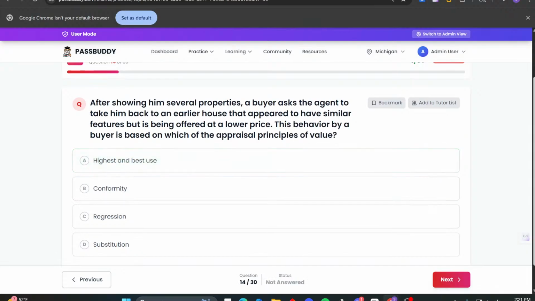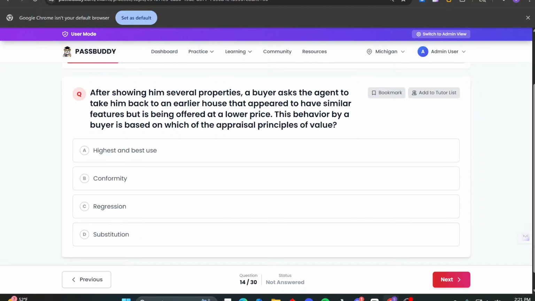Let's look at this one. This one says, after showing him several properties, a buyer asked the agent to take him back to an earlier house that appeared to have similar features but is being offered at a lower price. This behavior by a buyer is based on which appraisal principles of value? Highest and best use,